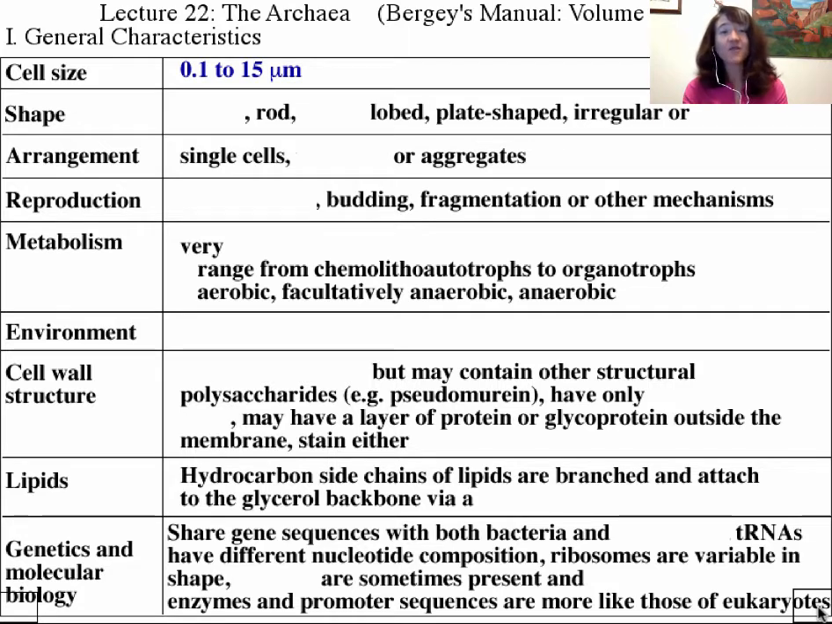The shape can also vary amongst the archaeal world. We can see things that can become very, very long and very, very large. So for example, you can get, in some cases, up to 100 micrometers in length. And sometimes that is just due to them forming these long aggregates of cells, but sometimes it's just due to very long cells. So we can see cocci, we can see rods, spirals, lobed, plate-shaped,